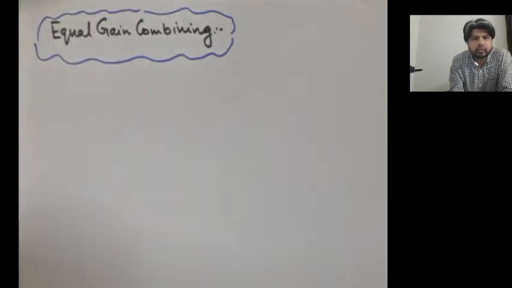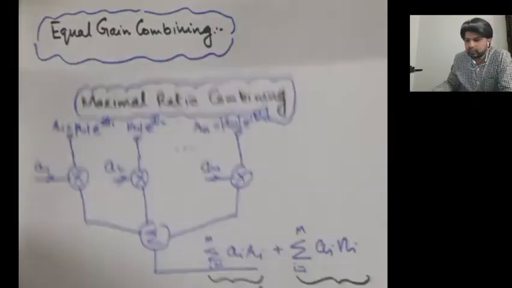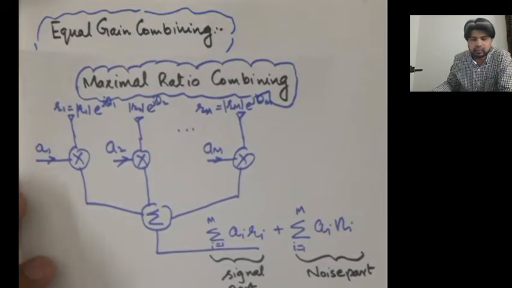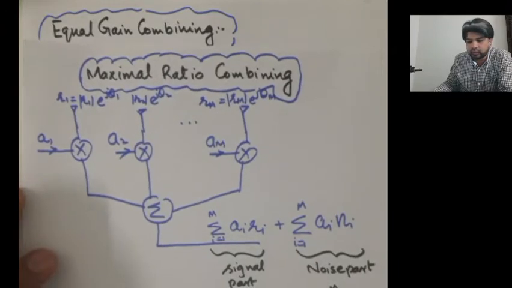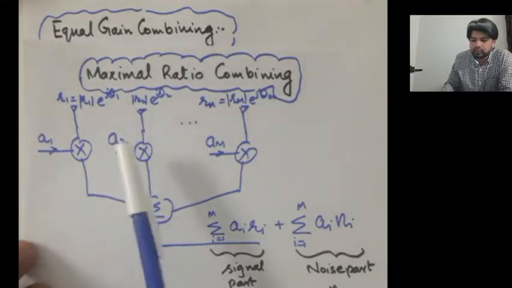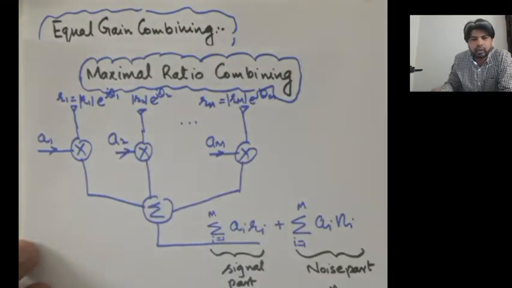So now let's talk about a relatively simpler scheme to implement, and that is called equal gain combining. Remember in the last video, when we were studying maximal ratio combining, our system model was like this: we have capital M branches, where we have capital M receiving antennas, and all of those antennas get multiplied with a gain. These gains were complex numbers A1, A2 all the way to AM, and for maximal ratio combining, these gains were designed such that they result in a maximum signal to noise ratio